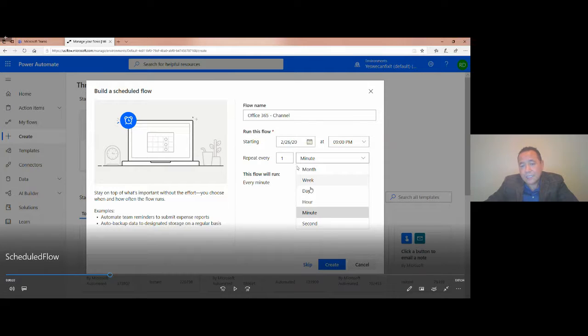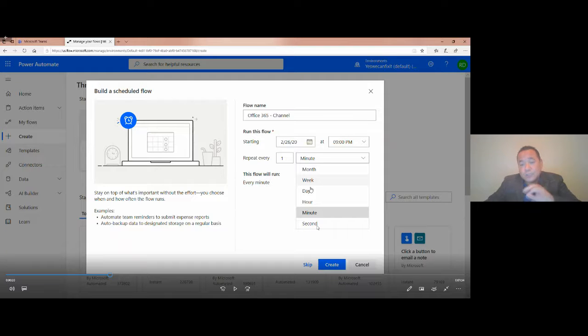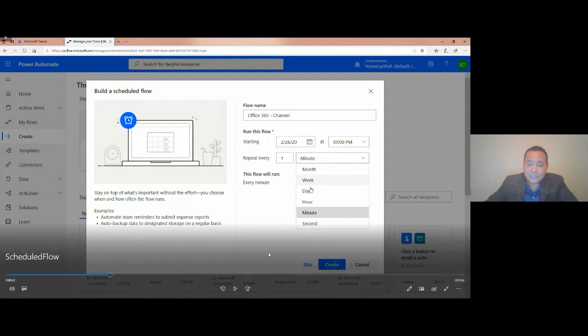Okay, you see that we can repeat this workflow, this flow, once a month, a week, a day, an hour, a minute, a second. There are going to be cases where you want to monitor something, but I imagine having many workflows like this is going to use, I would say, a lot of memory. So there will probably be few cases where you can create a solution that way, but if it is needed, it's good for you to know that you can do it.